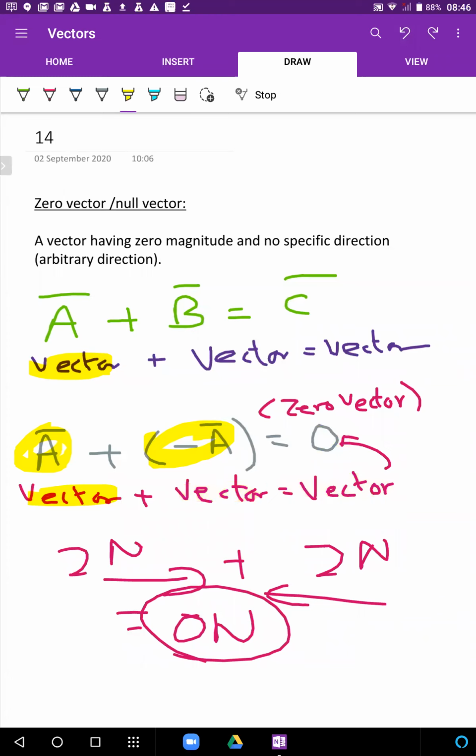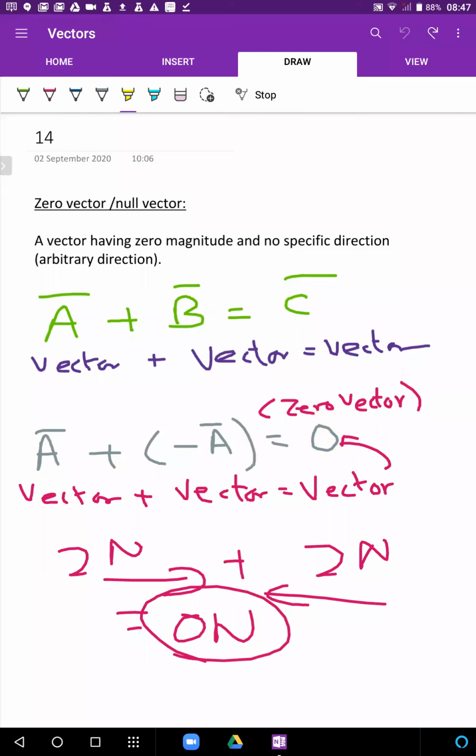So therefore, we have defined this term 0 vector, because when I add a and minus a, what I get needs to have 0 magnitude, but what I get needs to be a vector quantity. Hence, we have defined the term 0 vector. Okay, so that's how it's a vector. It's a combination of two vector quantities. For instance,